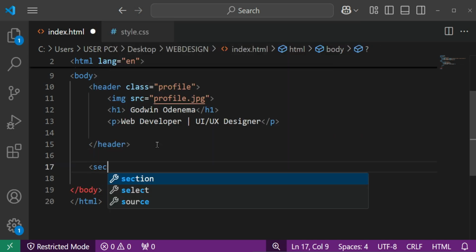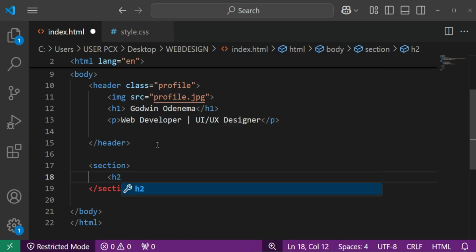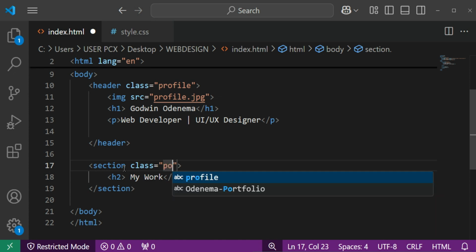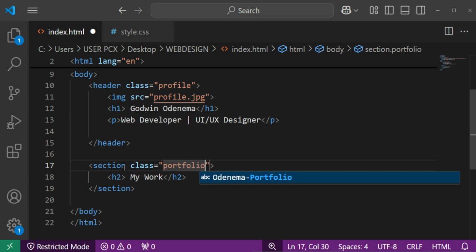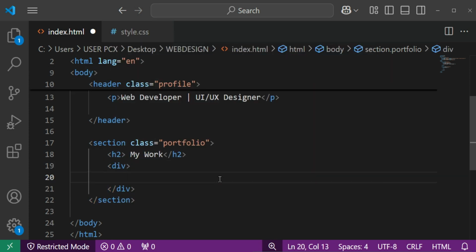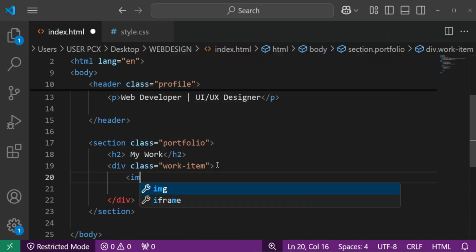Okay, so let's bring a section. So h2, my work. I'm giving this section a class, portfolio. So I'm talking about our portfolio in this section. Then the div. The div is like a container. In this div, we're giving the class name work item. Okay, so img,